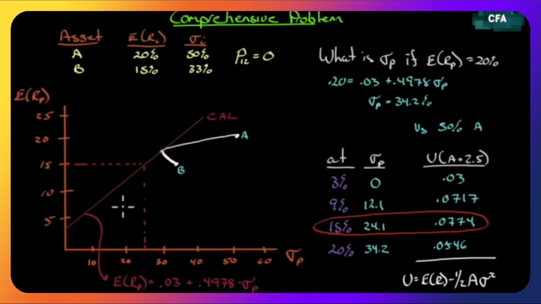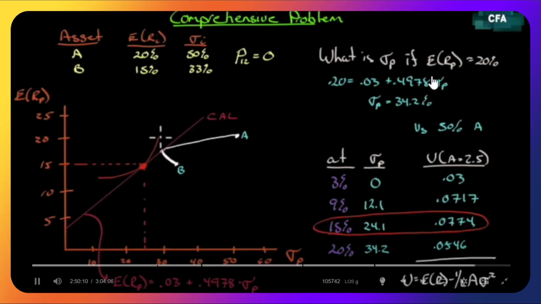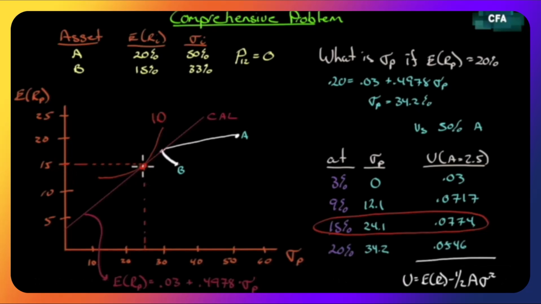There we go. So there's the point on the capital allocation line that we would place this particular investor. And this is their indifference curve. So they would be aiming for a 15% return. It looks like they're holding some combination of the optimal risky portfolio and the risk-free asset. They're weighted more towards the risky portfolio, but they didn't like that weighting up there when they were 100% in the risky portfolio. So we added the risk-free asset to bring their risk down. It brought the return down, but in bringing their risk down, we noticed that we were able to increase their utility. That's where that investor belongs.